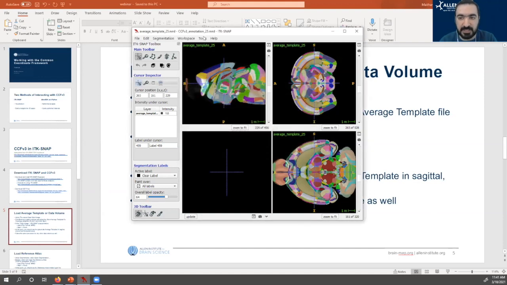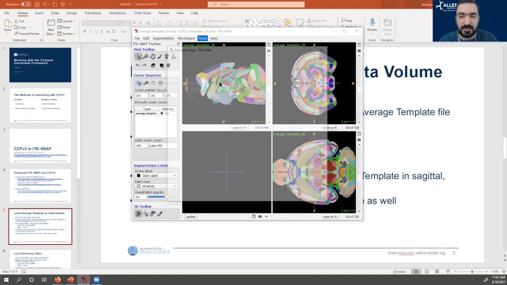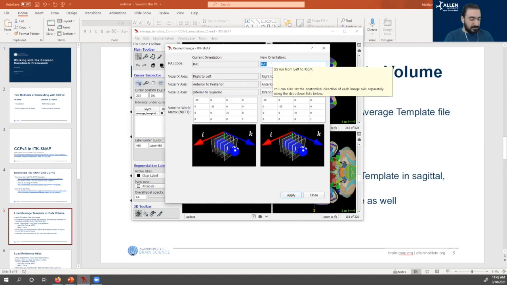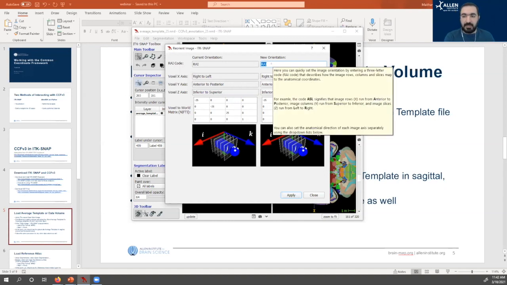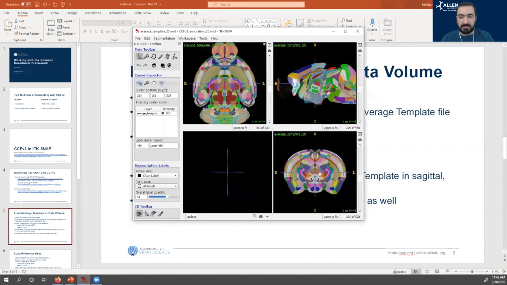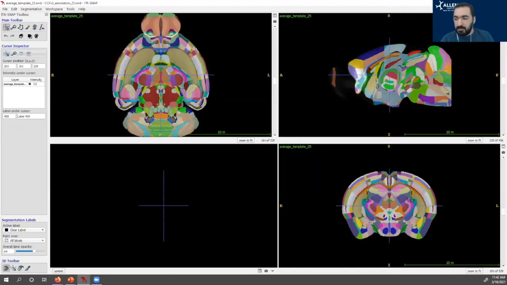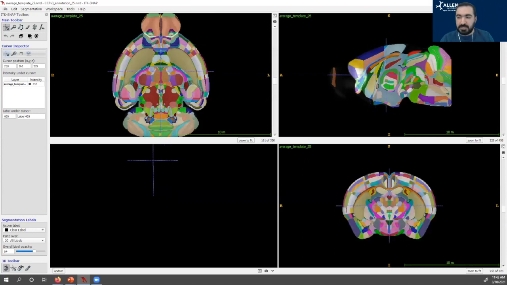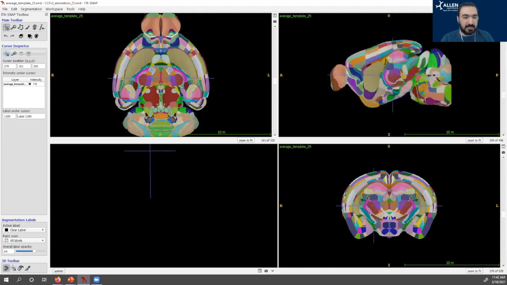Now, if we want to fix the orientation, we can go to Tools, and we can go to Reorient Image. And in this case, we want it to be A, so anterior, and then S, superior, and then L for left. So our first axis is the anterior posterior axis, and our origin is at anterior, and then our next axis is the superior inferior one, and our origin is at the superior, and then we're on the left side. So we apply that, and now the orientation is correct, and you can see that we can scroll through the coronal sections, we can scroll through sagittally,